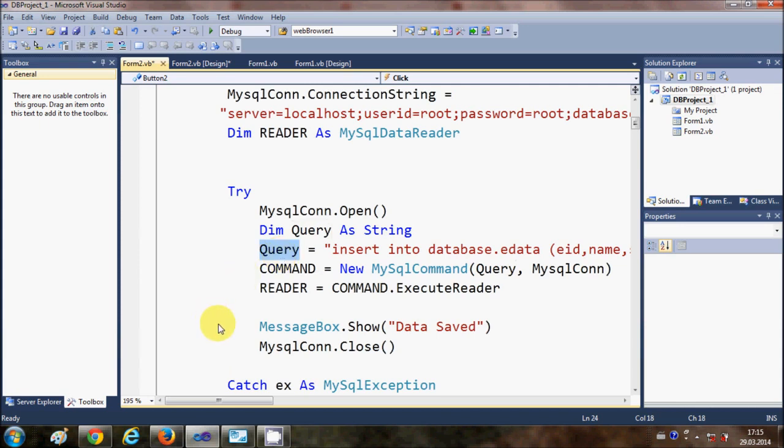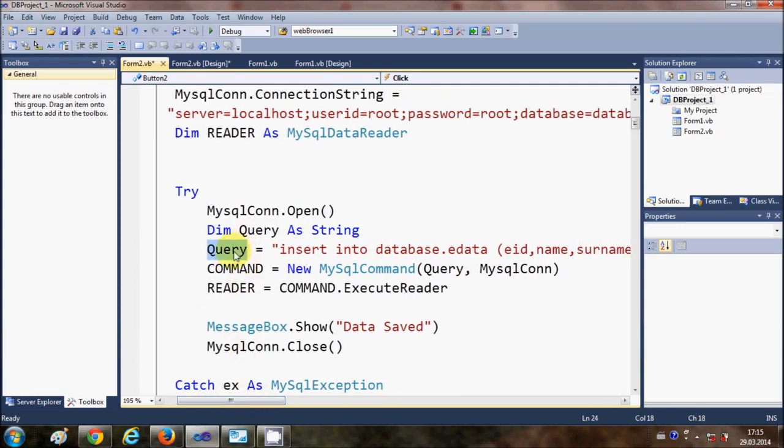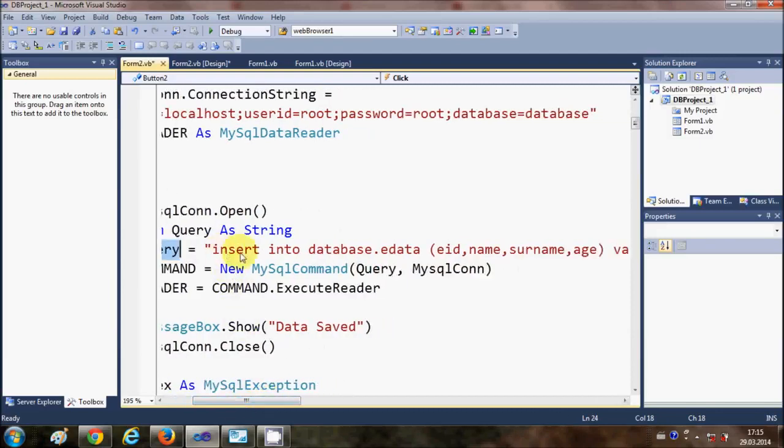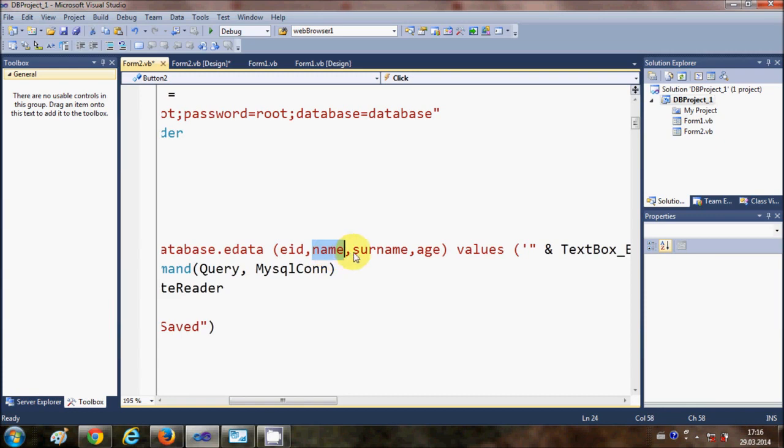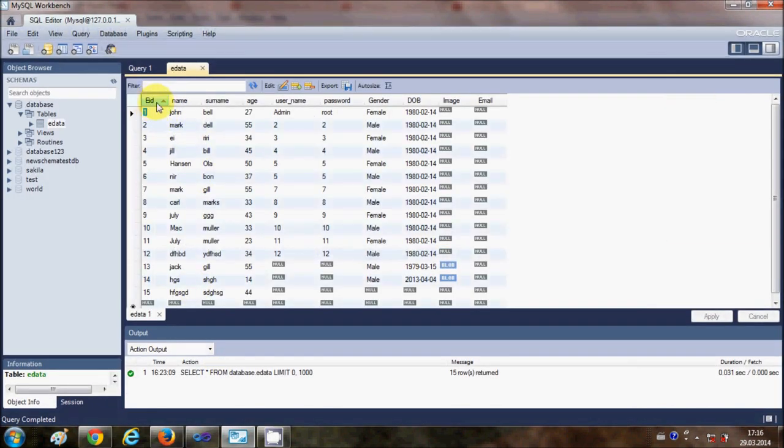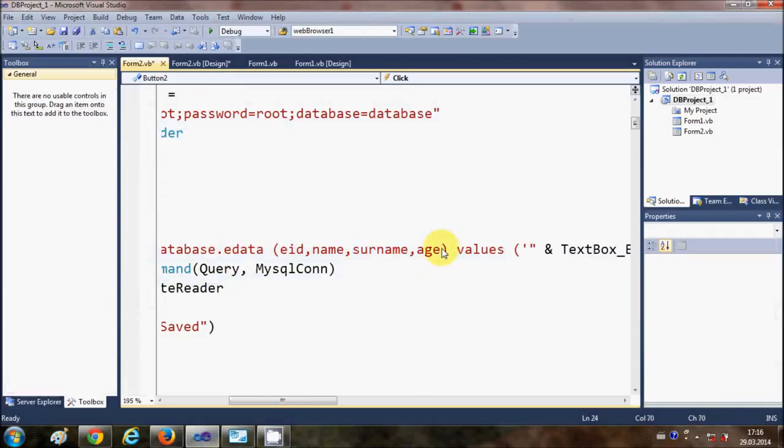And in this code, I just need to change one query here. So one line of code here. I will change this query variable. So just write insert into database.edata, which is my database name dot my table name, and in the bracket I have written employee ID, name, surname and age, which are these column titles of the MySQL database. Now I want to add one more column, which is gender. So I will write here comma gender, and then write